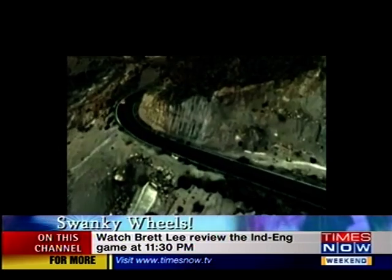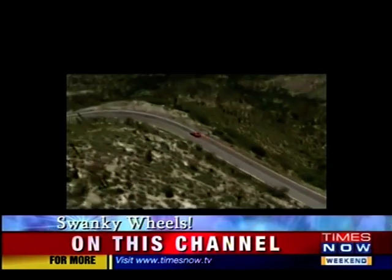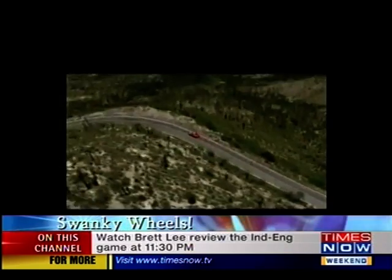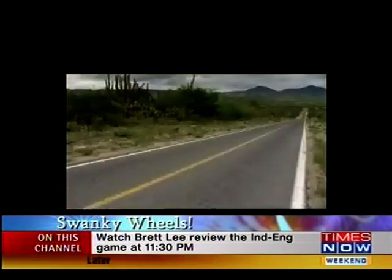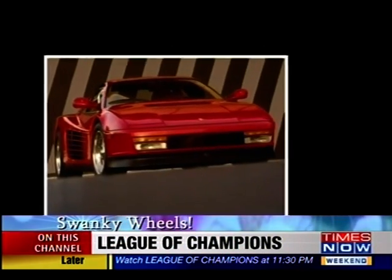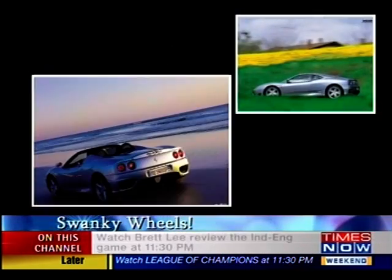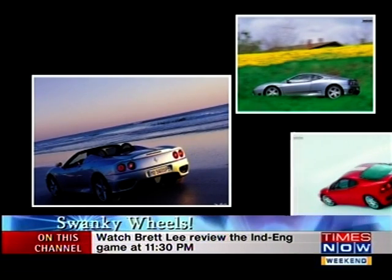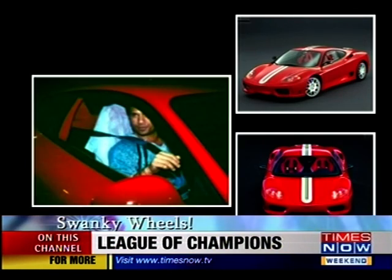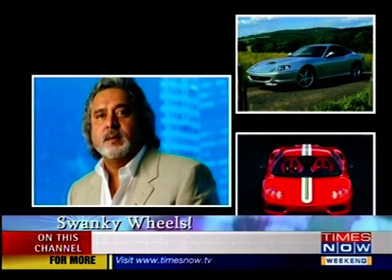You may not see the car, you're sure to hear it. The distinctive drone of the mother of all sports cars. The Ferrari. Basic models start at 2 crore rupees and then the sky's the limit. You'll find just 36 of these dream machines in India, owned by people like Sachin Tendulkar, Vijay Mallya, Anil Ambani